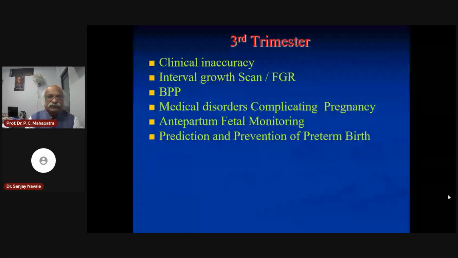At 11 to 13 weeks we have done it. We have done the anomaly scan. We have done the fetal echo. And then subsequently, the interval growth scan is necessary to monitor the growth profile and identify fetal growth restriction. And believe me, this is a very important part if you want to avoid a stillbirth,